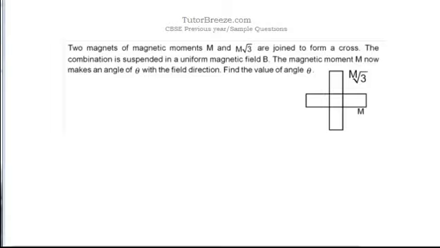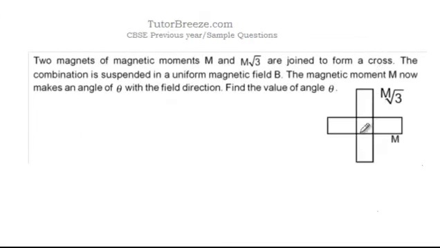Two magnets of magnetic moment M and M root 3 are joined to form a cross, and they are suspended in a uniform magnetic field B. So let's say that this is the magnetic field B. This is the angle theta which the magnetic moment M makes with the magnetic field. If the system has come to rest, that means the torque on the first magnet is equal to the torque